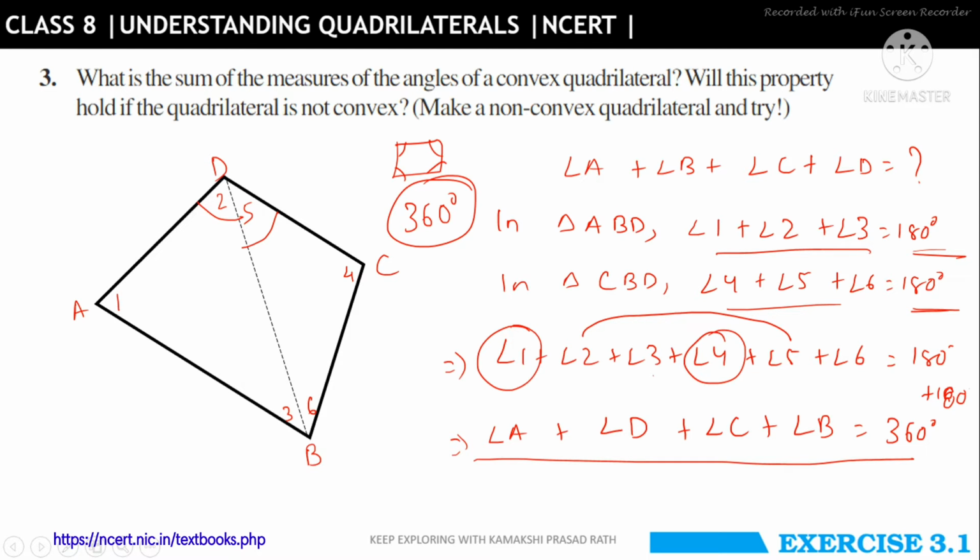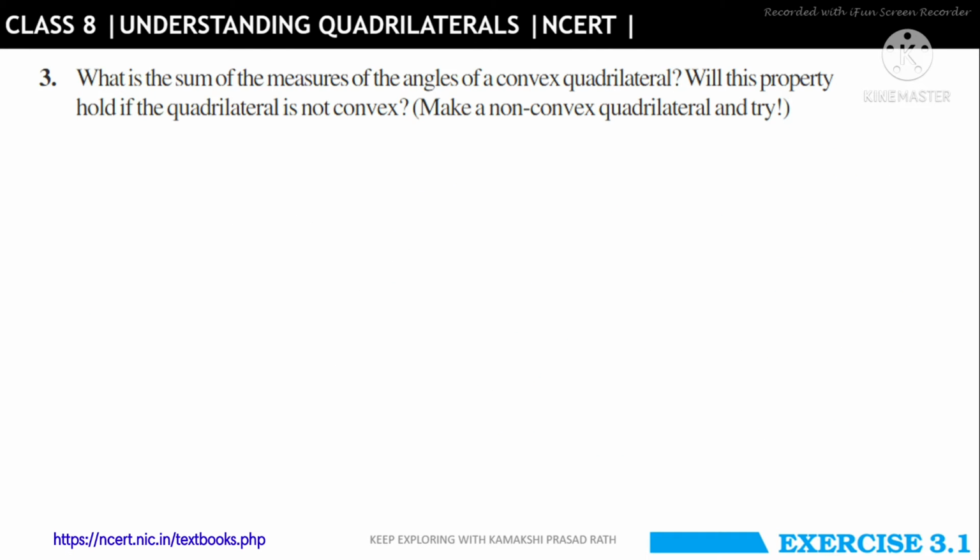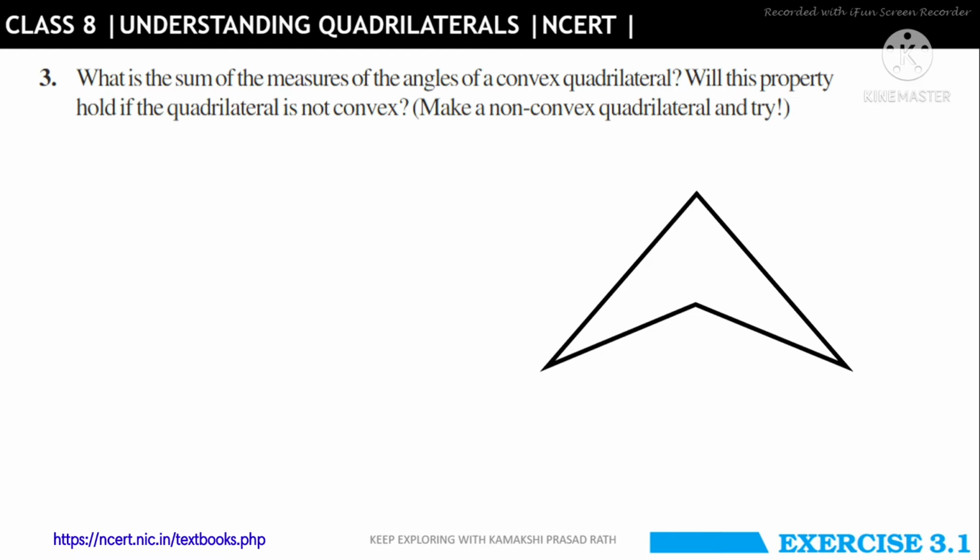So we have considered a convex one. Now let's see whether it is the same for a non-convex quadrilateral. So let us use a non-convex one now. You can say it is non-convex because we can draw the diagonal outside the quadrilateral. Let's do the same thing, divide the quadrilateral into 2 parts. Here also let's name the vertices A, B, C and D. Here also they form 2 triangles now, with angles 1, 2, 3 and angles 4, 5 and 6.